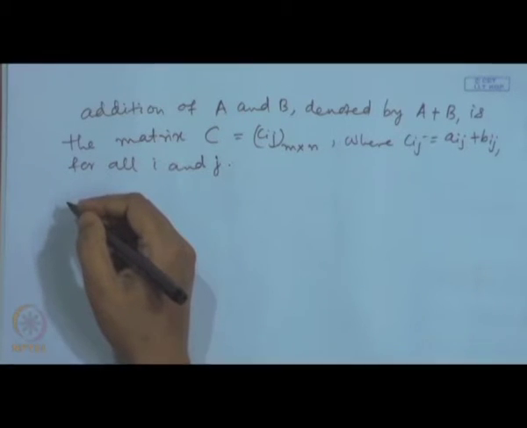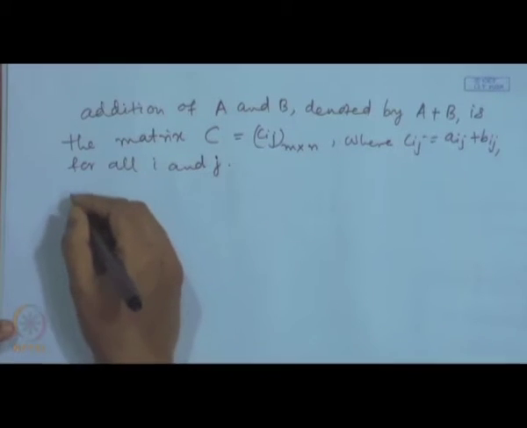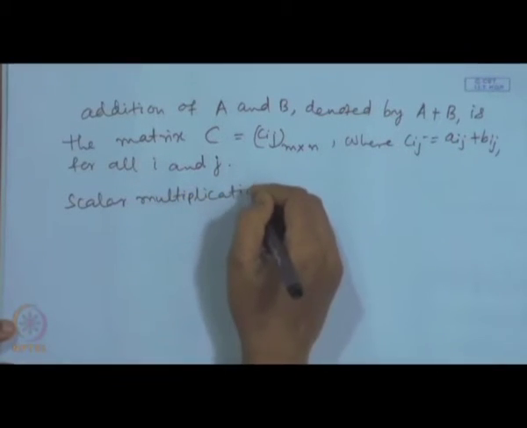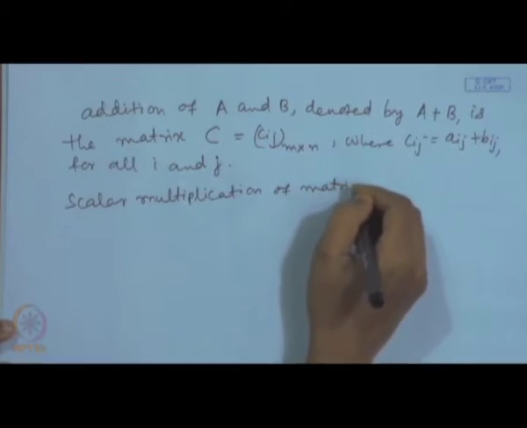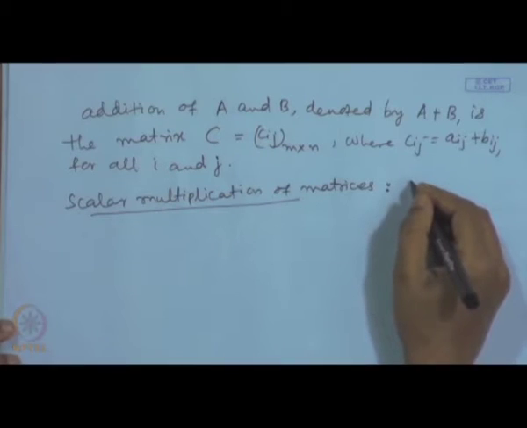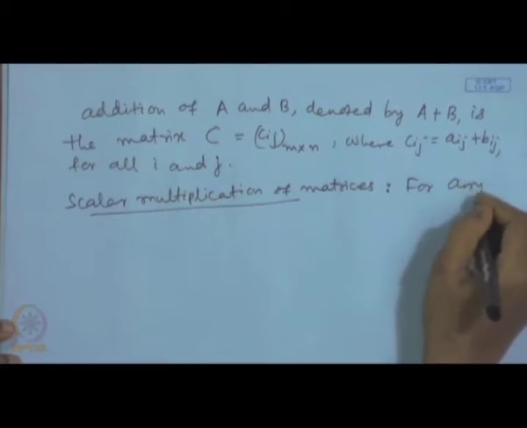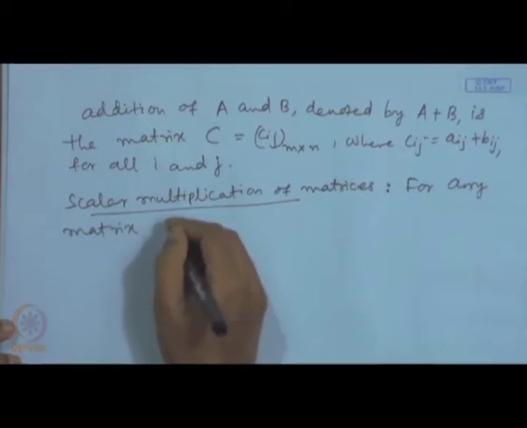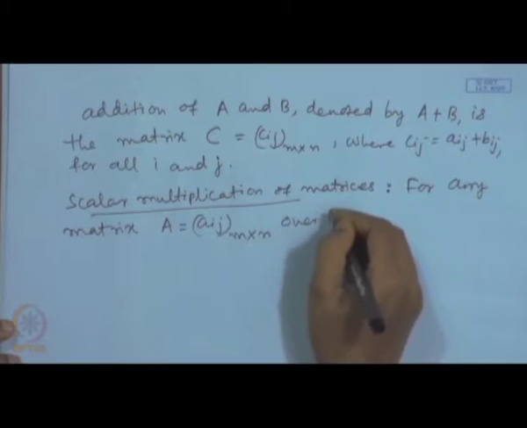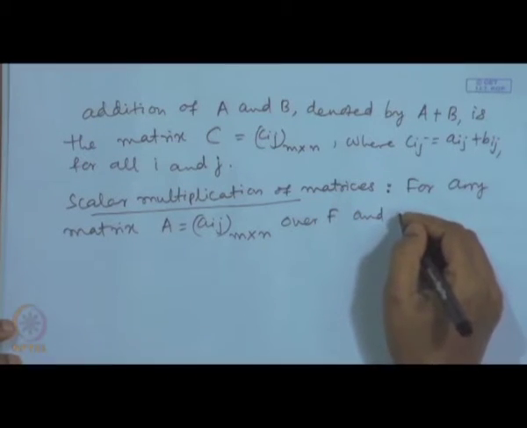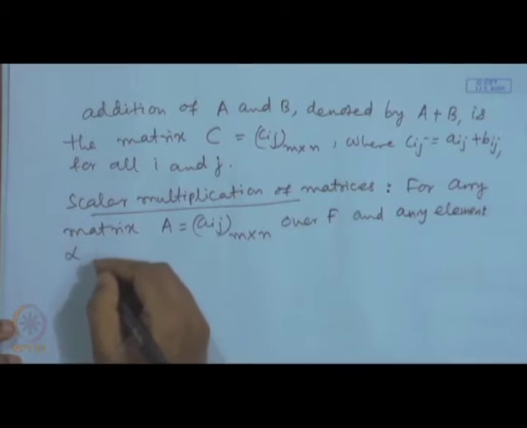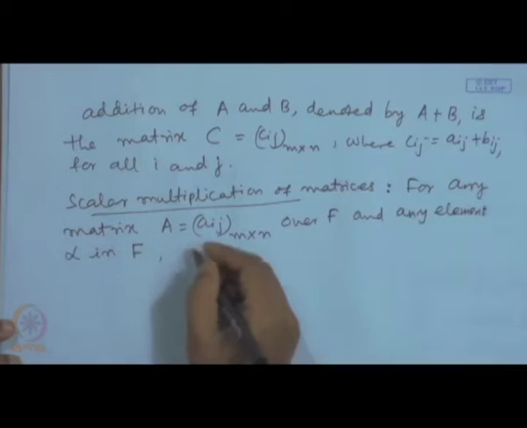We can also have scalar multiplication of matrices, that is, for any matrix A with entries Aij of size m by n over a field F and any element alpha in F, alpha A